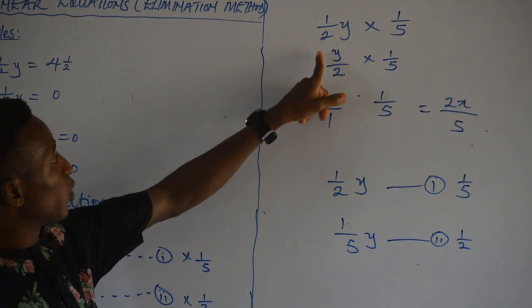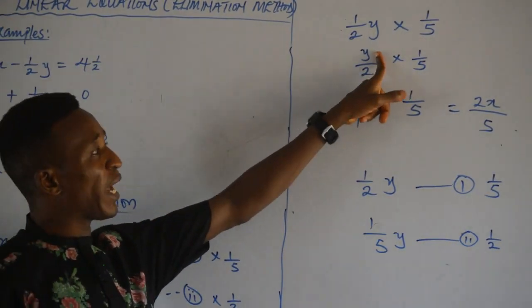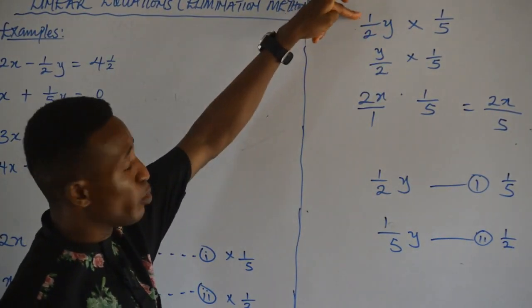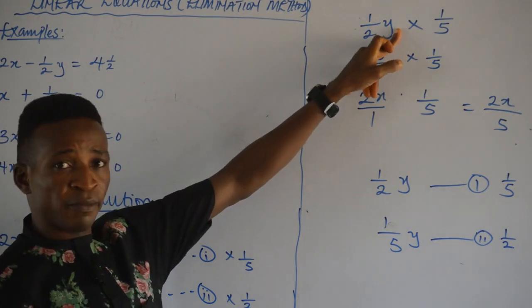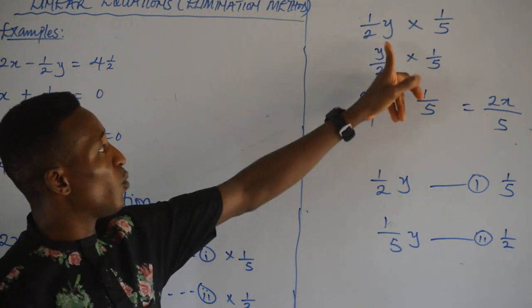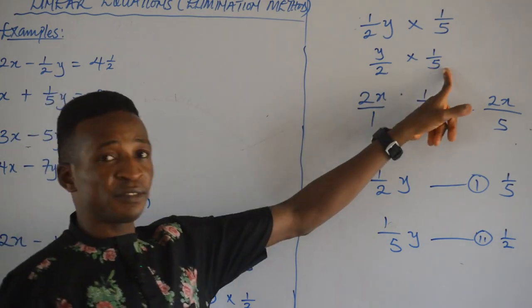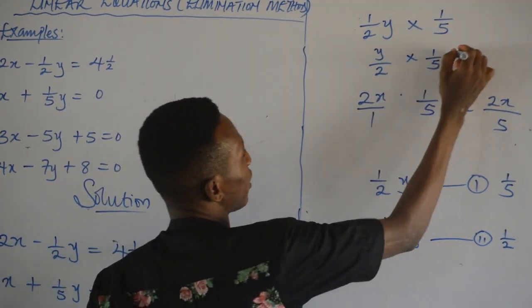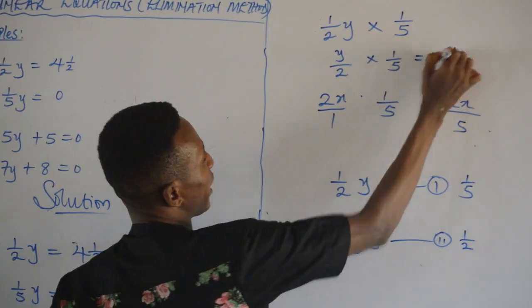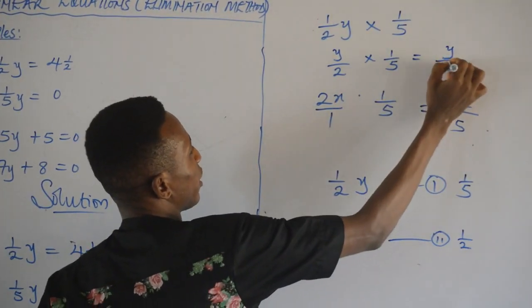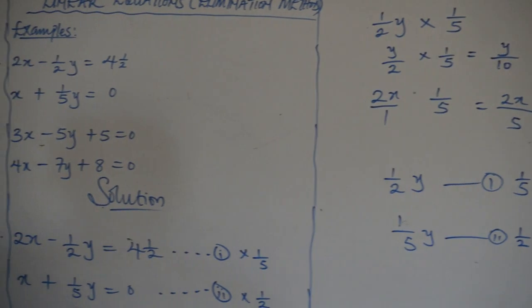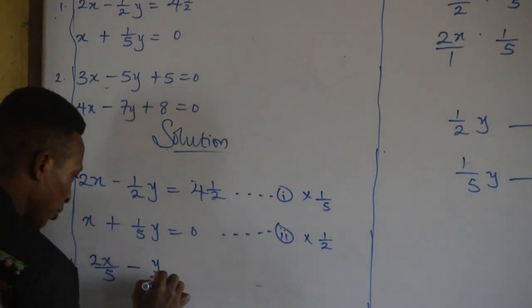For me to get this 1 all over 2, changing this to y over 2, I multiply this numerator by this y. So that means 1 times y gives me y, and that's the same thing as y all over 2 multiplied by 1 all over 5. So just like what we did here, y times 1 gives us y, then 2 times 5 gives us 10. So I will come down here, write my y all over 10,